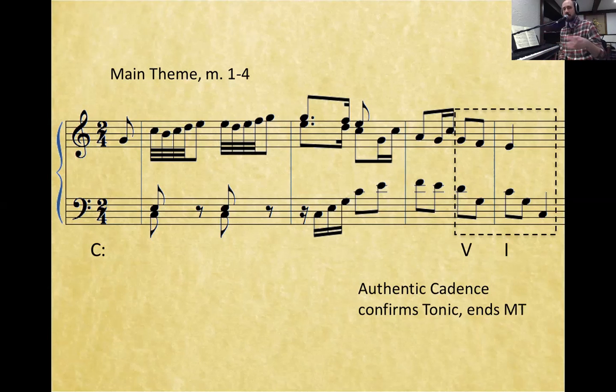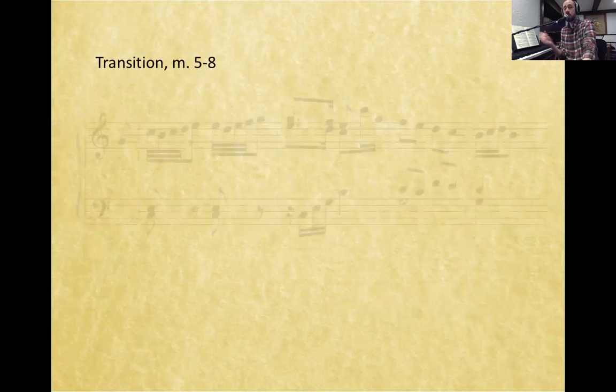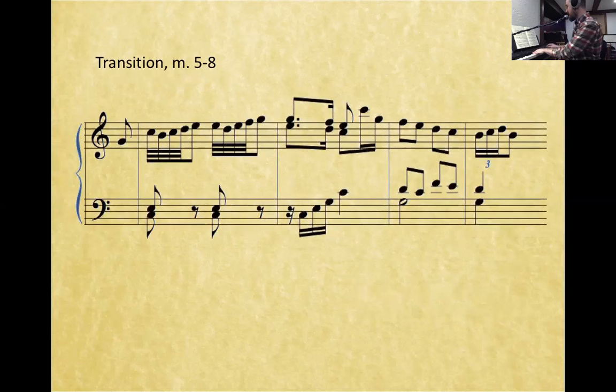Also note that this, what you're seeing, I've retyped, so I took away a lot of the little trills and stuff like that. So this is a slightly simplified version, but I hope that idea of the cadence clarifying the structure, right, the form of the piece, that's really, really important. So we get a cadence in the home key, that ends the main theme. Now, let's go to that next section, which we know should be the transition section, which, as we said, starts